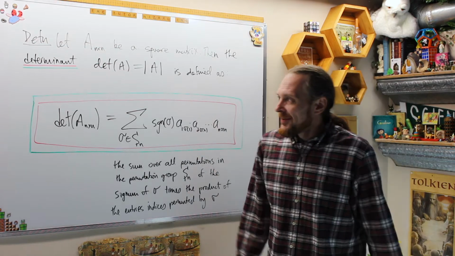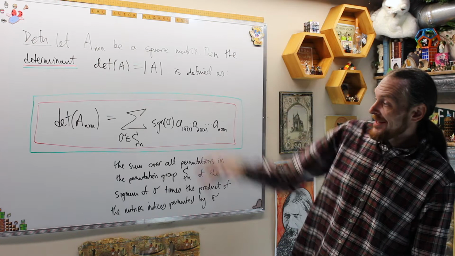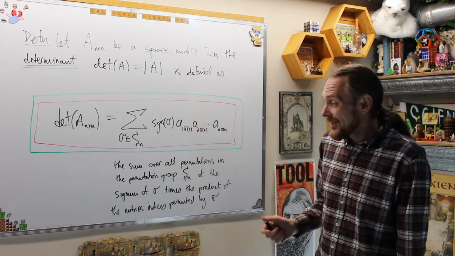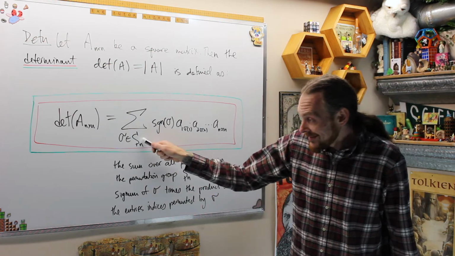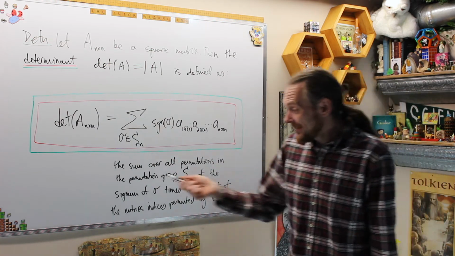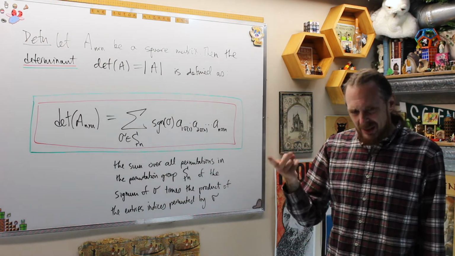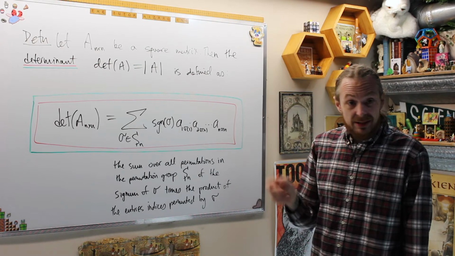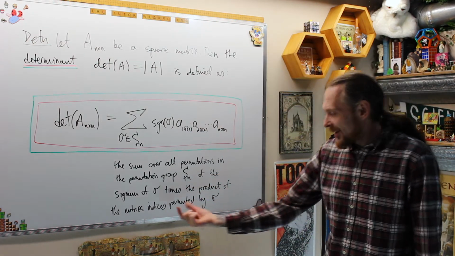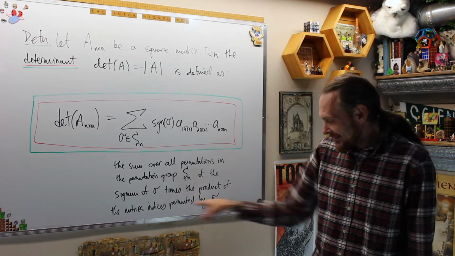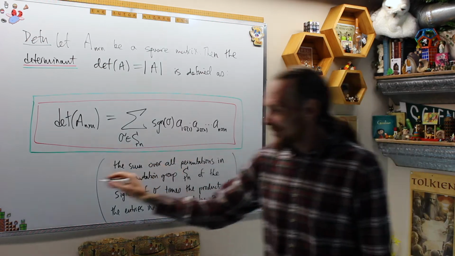The original definition from the last video was, for an n by n matrix, the definition of the determinant is this hot mess. Basically it's the sum over all permutations in the permutation group S_n, and you don't need to know what those are, there isn't going to be a test, of the sign of sigma, which is either +1 or -1 depending on whether it's an odd or even permutation. Don't worry about this. Times the product of the entries of A with their indices permuted by sigma. I didn't say that quite right. This is essentially brackets. This right here should be written as